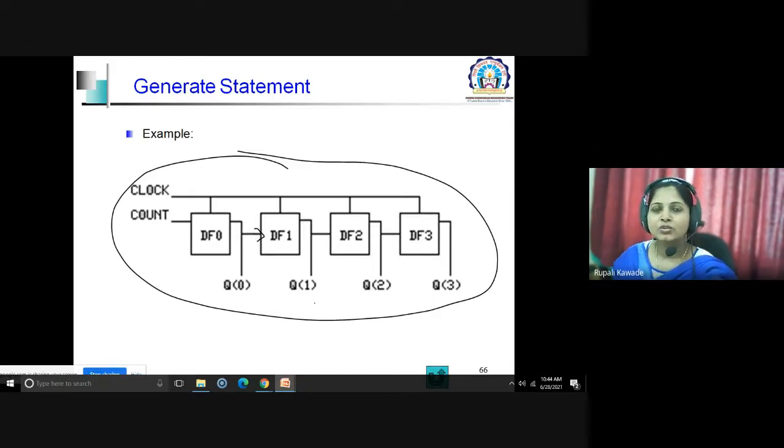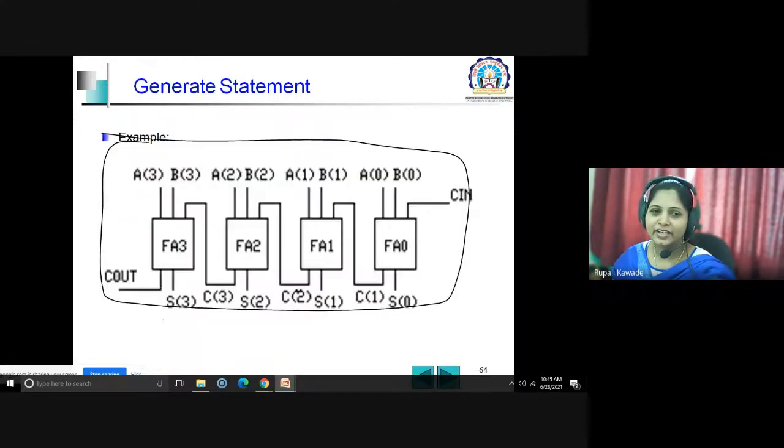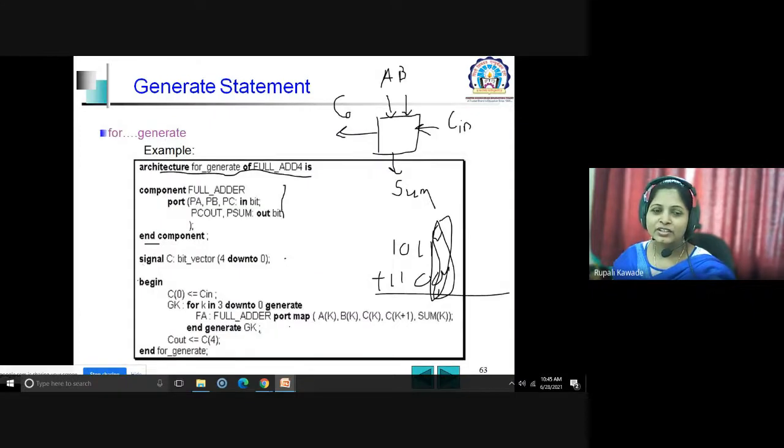Okay, so this is the generate statement. Means if the same kind of structure you have to replicate again, then you can use generate statements, and you can check they are written directly in between begin and end architecture. Here also it is written in between begin and end architecture.